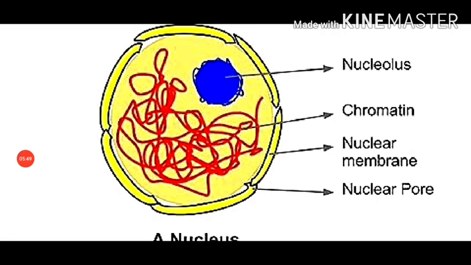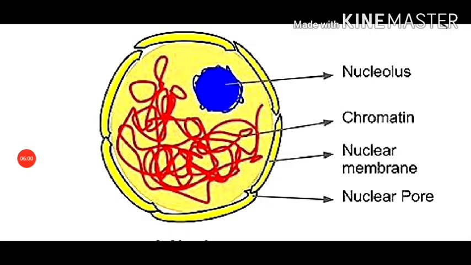Moving on to the nucleolus. Nucleolus is the small spherical body which is present in the nucleus. It also plays a very important role in a cell. In addition to this, nucleus contains thread-like structure which are called chromosomes. Chromosomes carry genes and help in the inheritance of characters from the parents to the offspring. So, chromosomes are basically ribbon-shaped and they have the point-like structures which are called as genes.